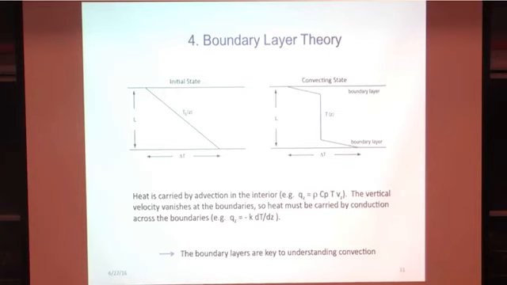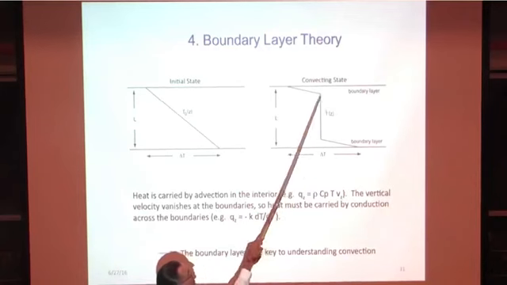I'm going to go very quickly through this concept called boundary layers now, because we just said that if we have the conductive solution and temperature varies linearly with respect to depth, if the Rayleigh number is big enough, the fluid will start to convect. Hot things go up, cold things go down. And so the actual temperature distribution we see looks like the picture on the right, where heat is conducted through